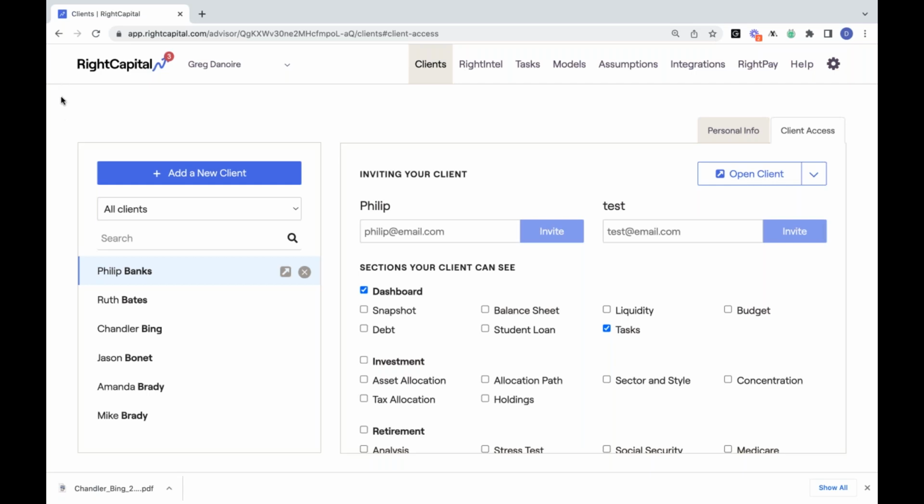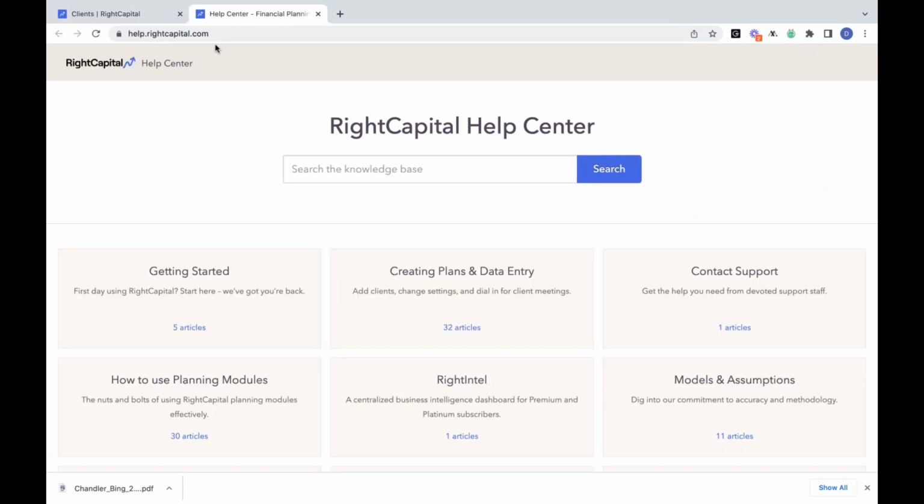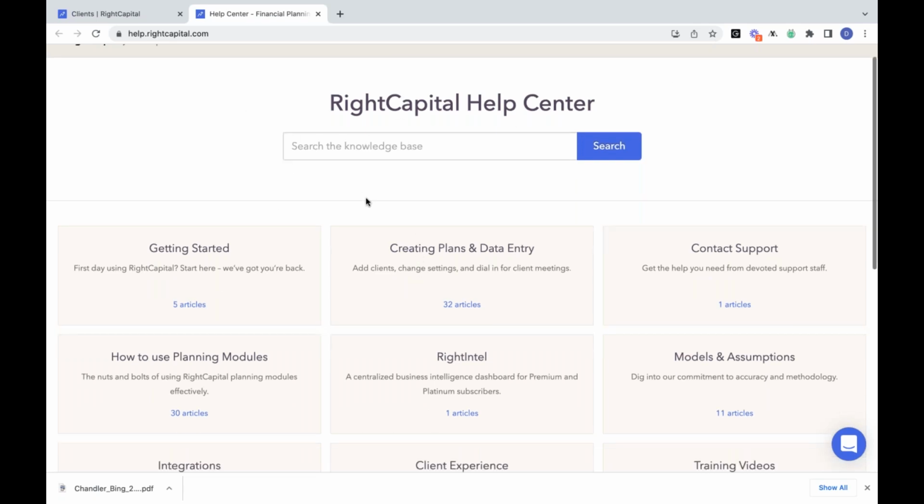We'll jump to some questions quickly, but I do see some questions rolling in around client access and helping clients log in, and what client-facing resources are available. So I'll just quickly point out that RightCapital has a help center located in the upper right corner of the advisor portal. In this help center, we have a variety of areas that really help to focus in on client